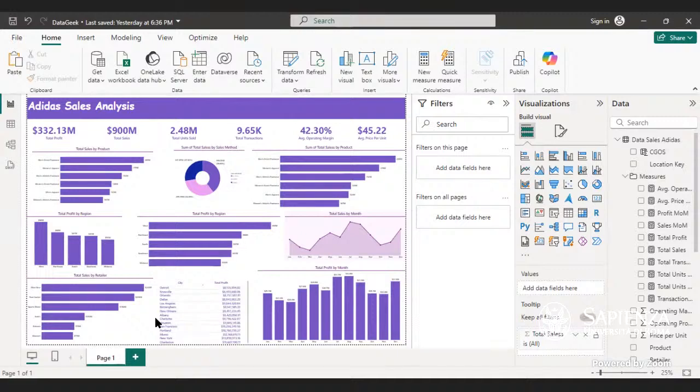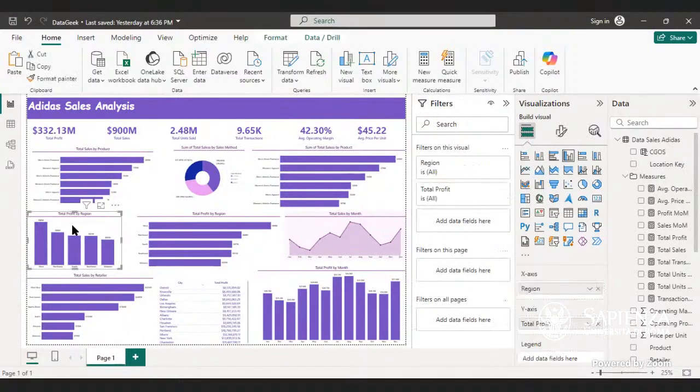So where our slicer? That's our slicer. Some visuals are created twice. Which one? Which one is created twice? Okay, total profit by region. Total profit by region. I've seen it. So let's change it